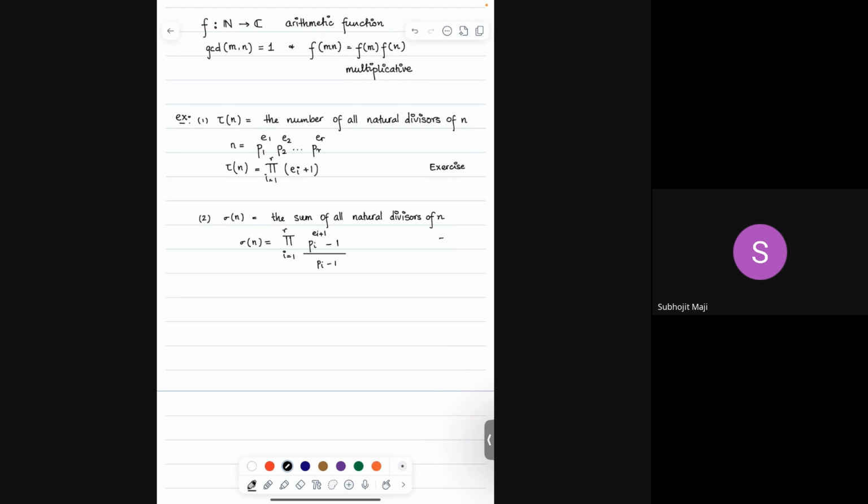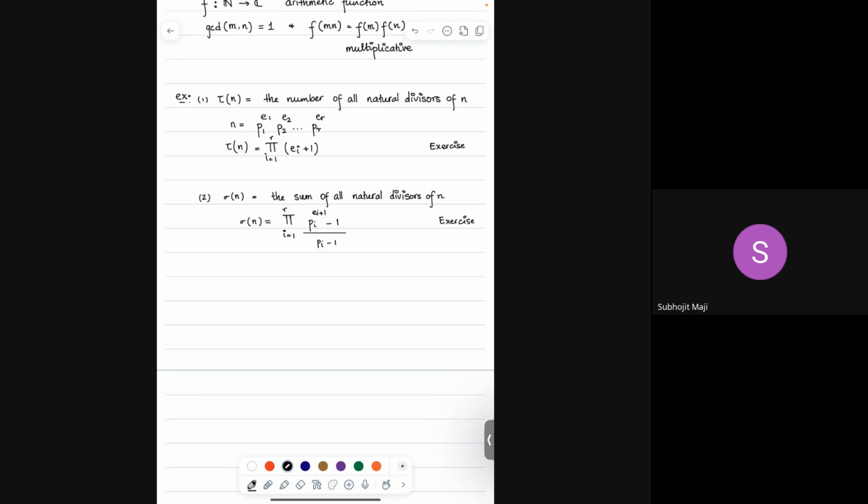So again, you can think of this as a small exercise. And if you're finding this formula too exotic, don't worry. Take small examples like n equals 4, n equals 10, and try to see how you might be able to manipulate the numbers to get this sort of formula, right? And again, if you think of this formula as God given, then again you can check, or at least convince yourself, that this is also a multiplicative function.